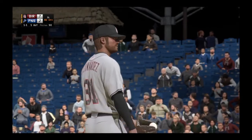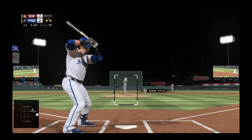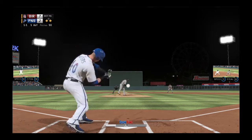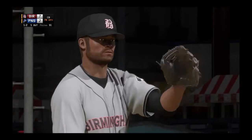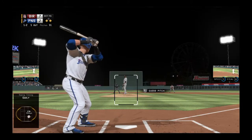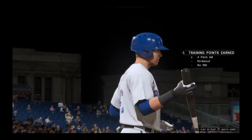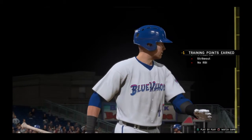Slider taken here. 1 ball, 1 strike. And now with that pitch count getting up there just a little bit, you can see that some of these pitches are missing just a little farther away than they were earlier. And a curveball's by him that time as he falls behind now 1-2. Now with 2 strikes, he can put the ground ball on the back burner and really go after the strikeout here. Struck him out. And now they'll likely need a base hit to get that runner home from